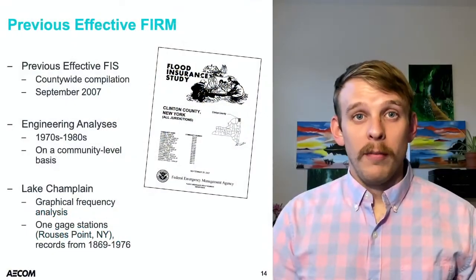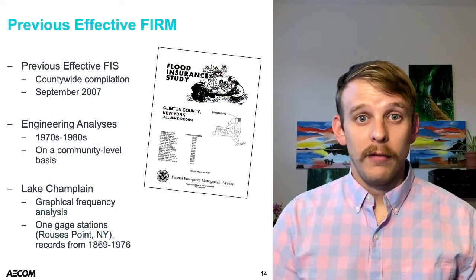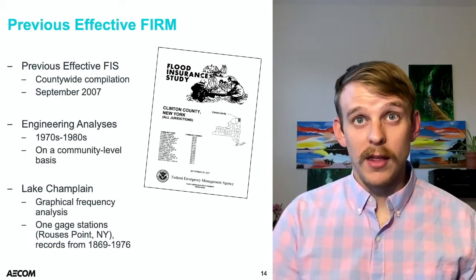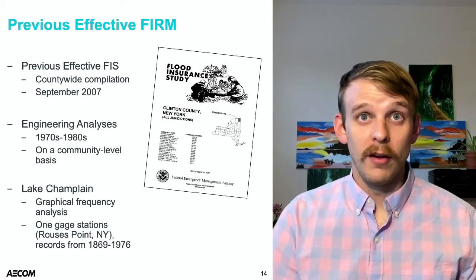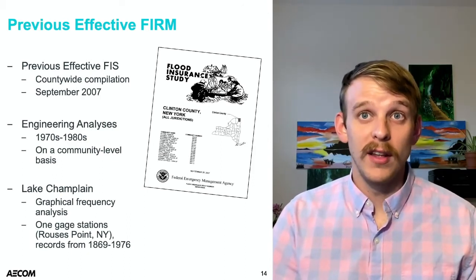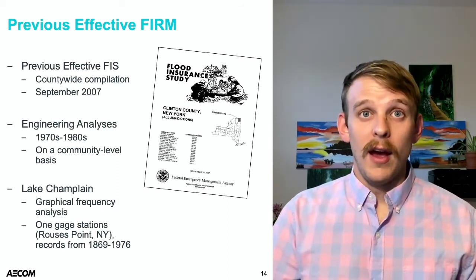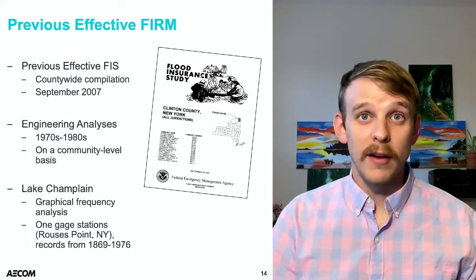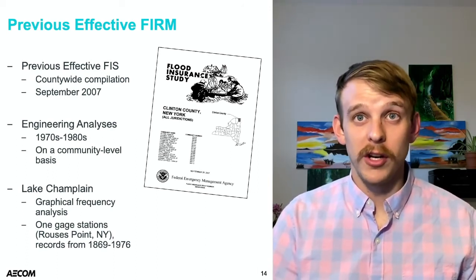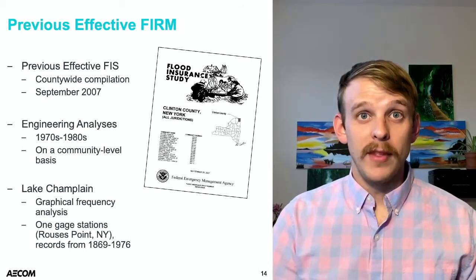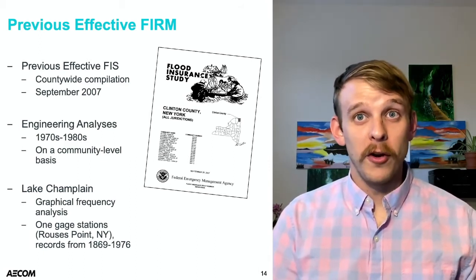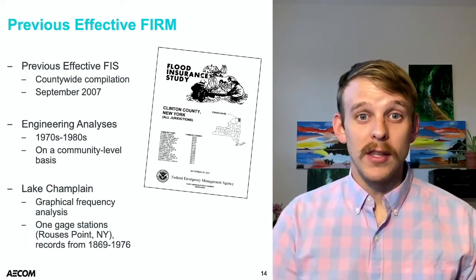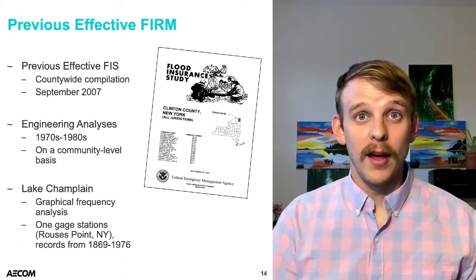So a little bit of background about the effective products for Clinton County. Prior to the new preliminary products, the previous effective study for the project area of Clinton County, New York was a countywide study that went effective in 2007. However, it was more of a compilation of community-based FISs and didn't include updated engineering analysis. The engineering analysis behind the effective FIRMs was completed in the 1970s and 80s, meaning it was pretty old modeling,